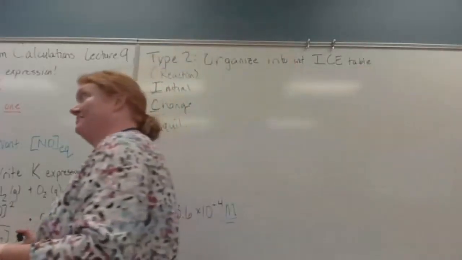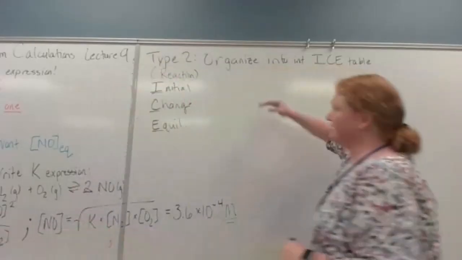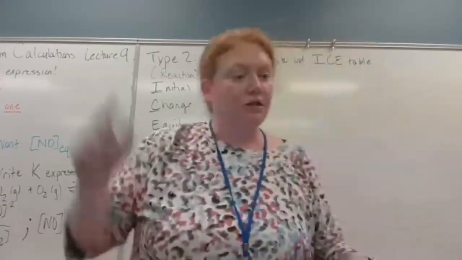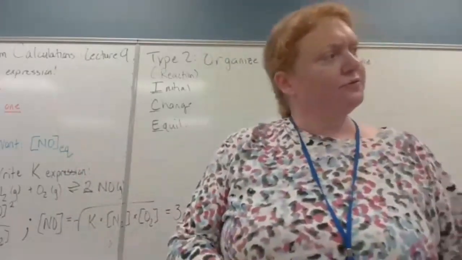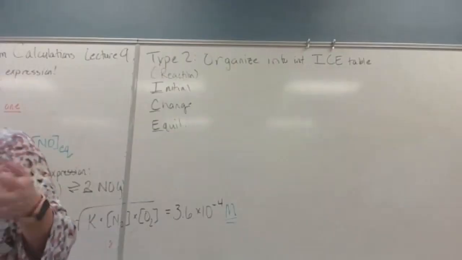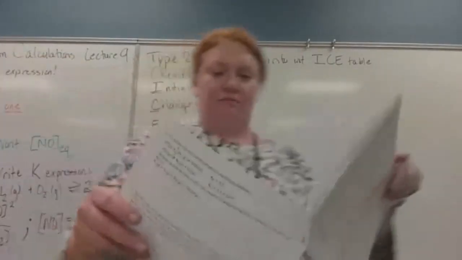The best way to learn this is to do one. Just know that this is how we're going to organize our information: ICE, initial, change, final. Look at number 12. 12 and 13 are both what I consider to be this type. So we're just going to work one of them right now, and then,